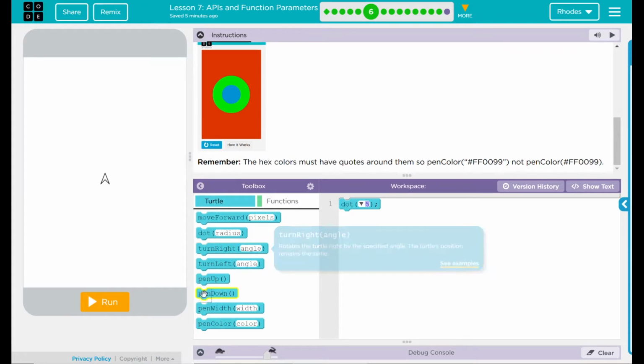Now, before I do that, I want to change the color, because ultimately our program always works from the top down. So it's going to set the color, then draw the dot. If we reverse this, it would draw the dot, then set the pen color. Now this one right here is red. And if we remember from previous lessons, if I hold this down here, this will give me some examples. So I see that FF0000 here is red. If I look up here, you can see,